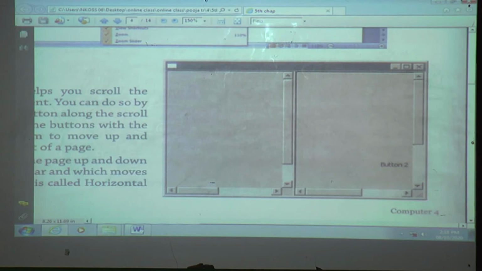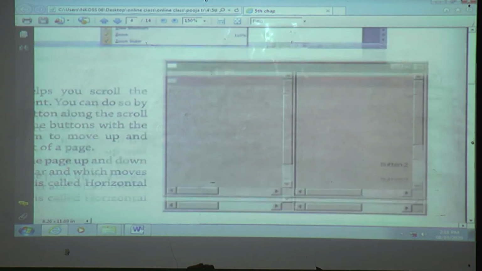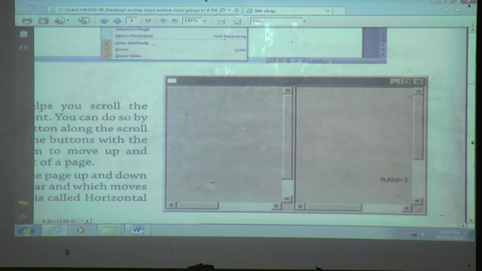Okay, why we require scroll bar? If you want to see the up and down, then also we are using the scroll bar. If you want to see the left or right side, then also we are using the scroll bar. For up and down, we are using the vertical scroll bar, and for left and right we are using the horizontal scroll bar.